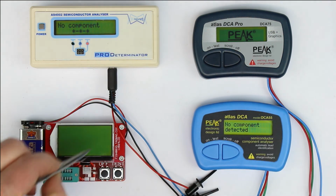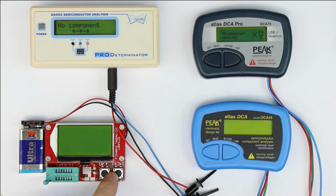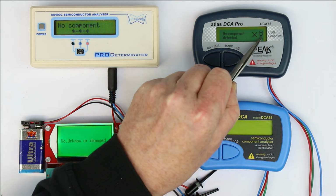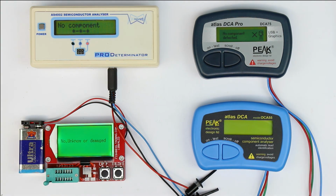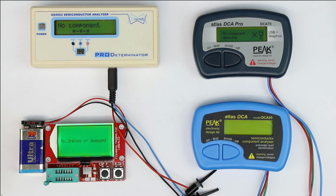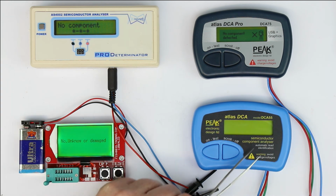And these 2 have a graphical LCD, which of course can display more features, like the symbol of the device under test. So none of them, as you can already see, is perfect. What I also find annoying is